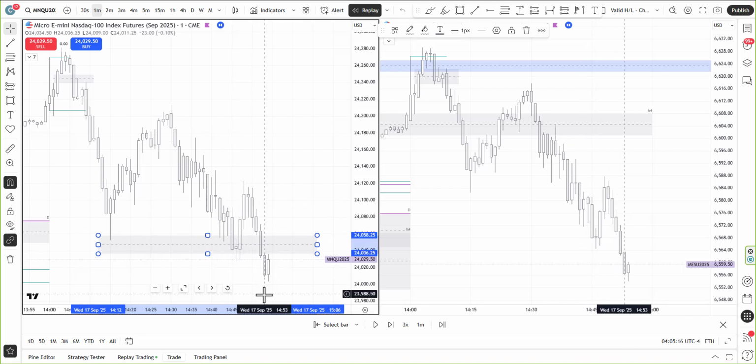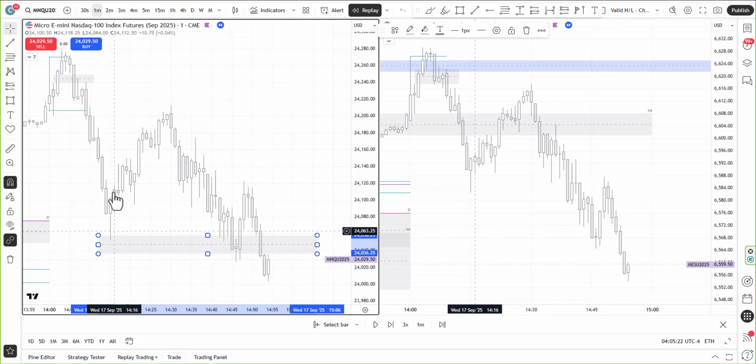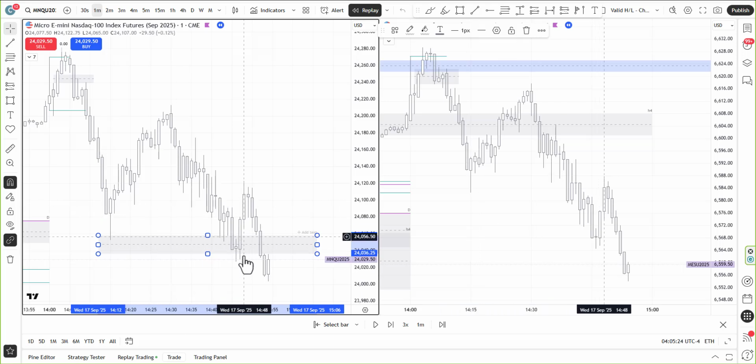But here we got a good displacement through the level, and I pull the gap to the left, and if there is decent support or decent interaction with the size of that gap, it adds to my confluence. So I could more or less see it as support, manipulation, and then I want to see a clear break of this level and then trade it up.